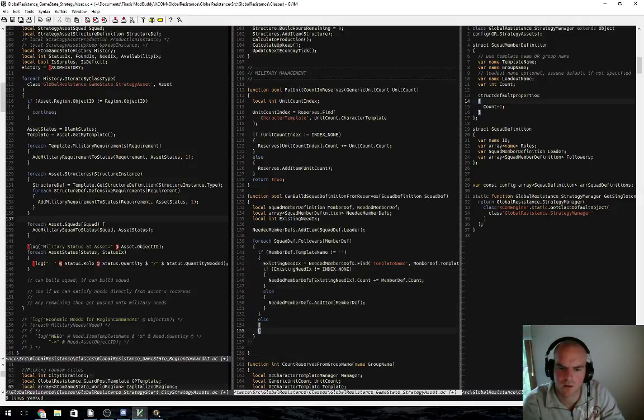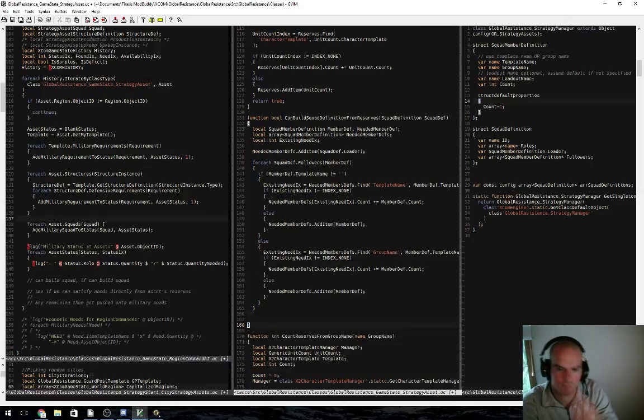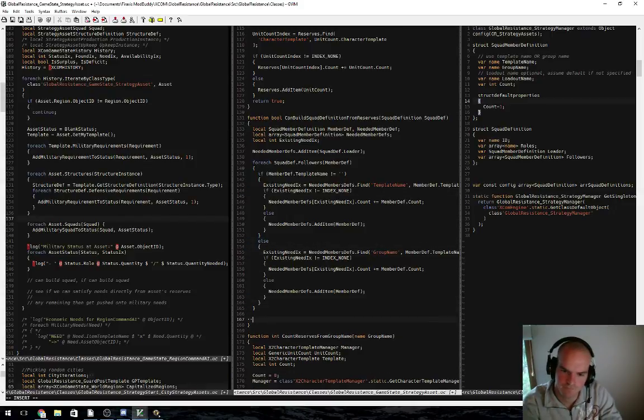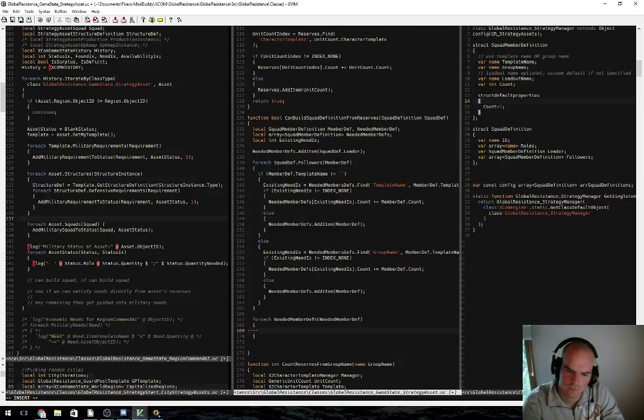Cool. Alright, let's do the same thing here, except it's going to be based on the group name rather than the template name. Alright, so after we've done that, we would have collected all the member defs that we need to, and they should be deduped, so there should only be one template name per, one group name per. So for each of those, then we can go for each needed member defs. Needed member def. So if needed member def dot template name equals this,